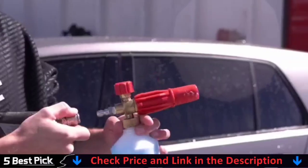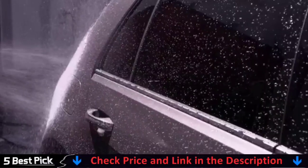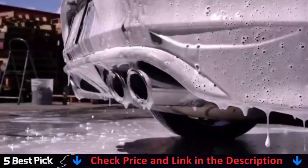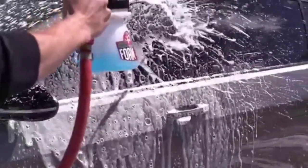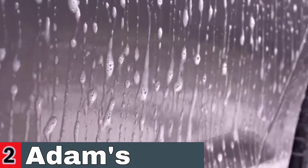Adam's Car Shampoo is gentle enough not to dry out your trim or plastic components thanks to our innovative cleaners and polymers. It is effective while remaining safe for all surfaces such as paint, rubber, vinyl, glass, and plastics. Adam's Car Shampoo leaves a thick layer of suds on your vehicle's paint, lubricating it and removing dirt, grime, and